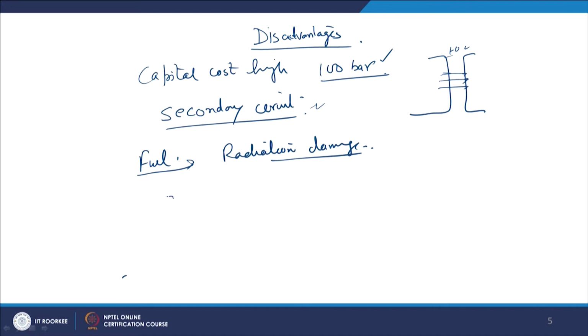Because it is confined to the reactor core. Insertion of control rod is also difficult. This is such a compact design of this reactor that insertion of fuel rod is also difficult in this reactor. And the fabrication of fuel element is also difficult in such type of reactor. So, there are certain limitations, or we can say disadvantages, of this type of pressurized water reactor.